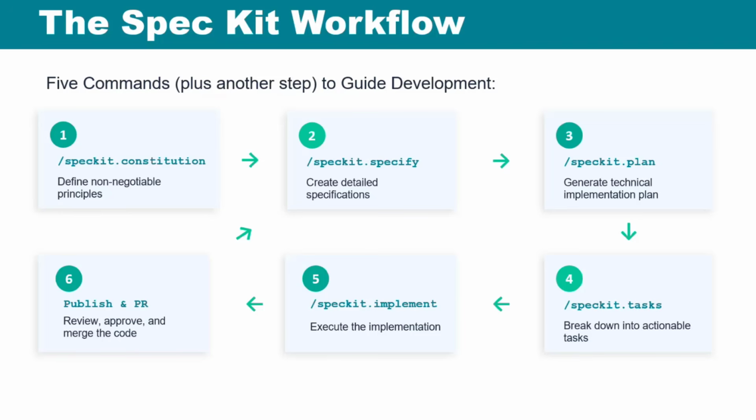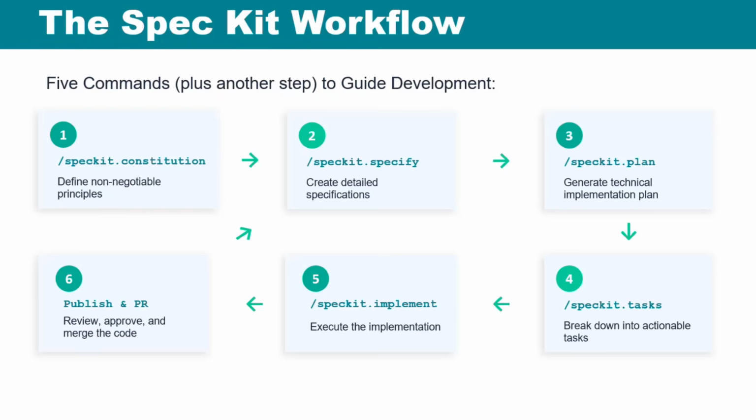After you work through the specification, then you'll do the technical part, which is the plan command. After that, you'll do the task command, which will take that information that's been generated from the spec and the technical plan and create a functional task list. And then you go through the implement steps, and you can either have your AI agent do the coding, you can do the coding yourself, or whatever combination, however you want to break down those tasks into assignments. And that's the implement phase. And then, of course, with each iteration, you do your pull request, your code review, and publish it and merge it into your main branch.